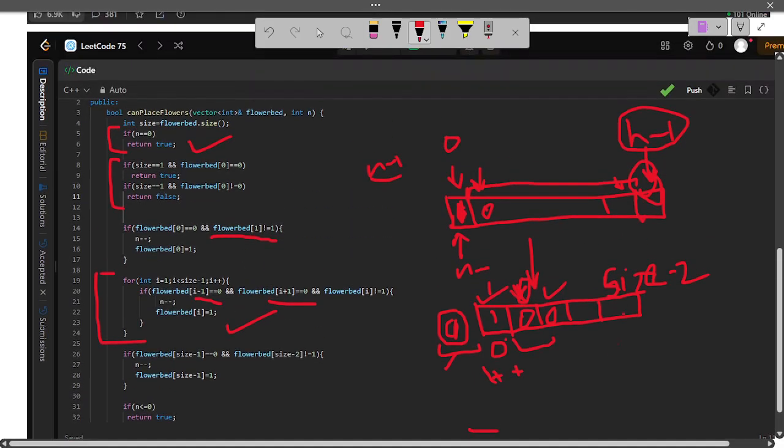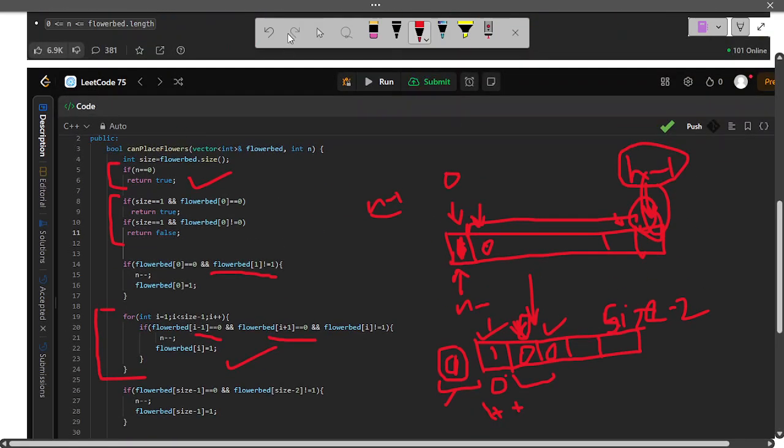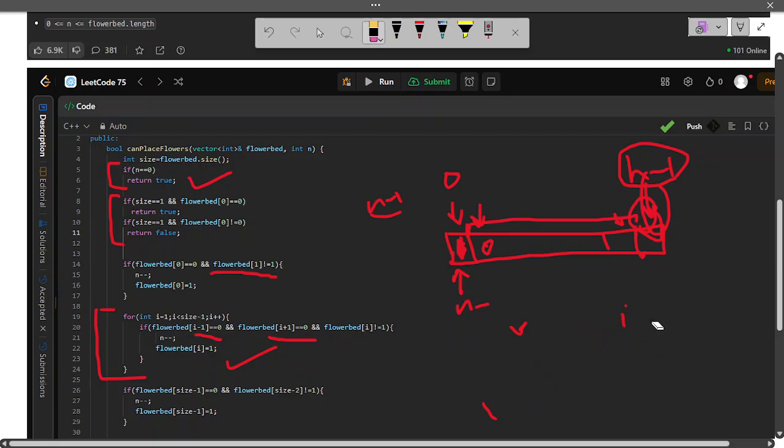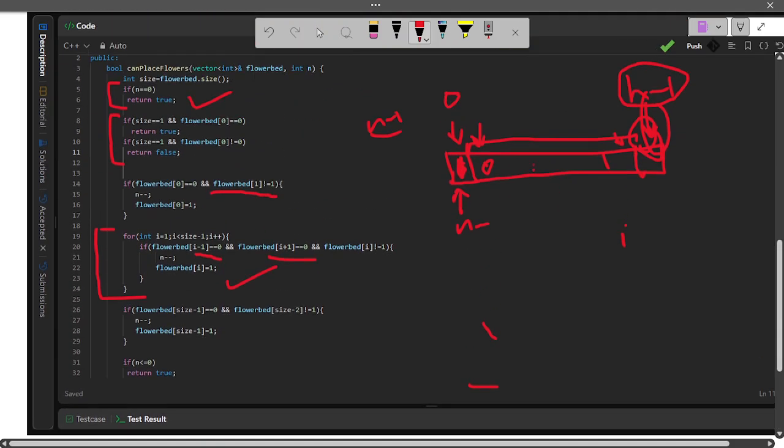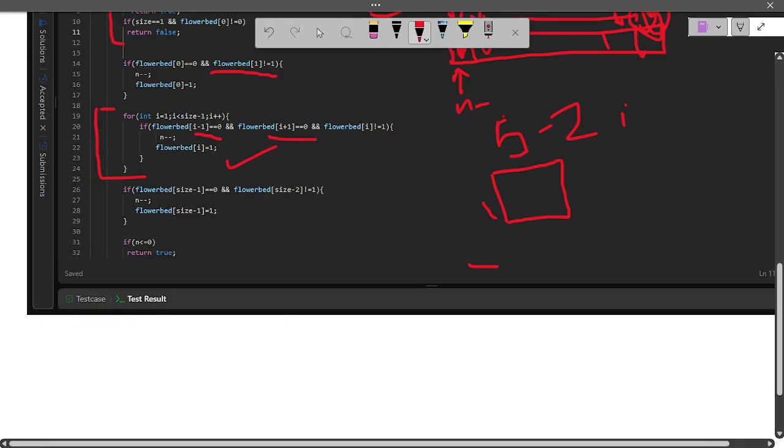And for the last position, this n minus 1, here I will show you. No, I think it becomes messy. I will erase it for understanding with the n minus 1 position. So for this position, which is size minus 2, if size minus 1,